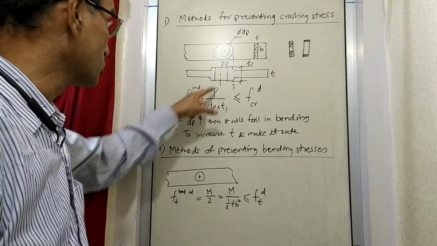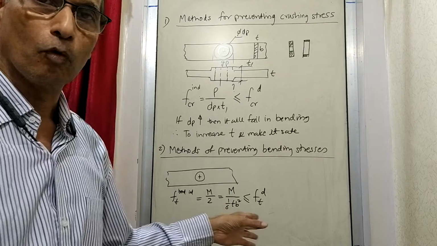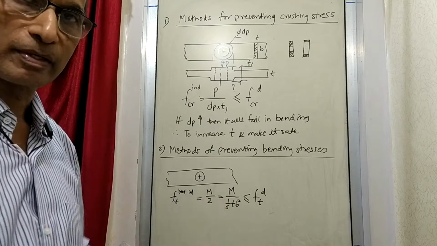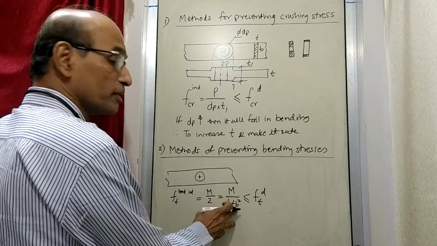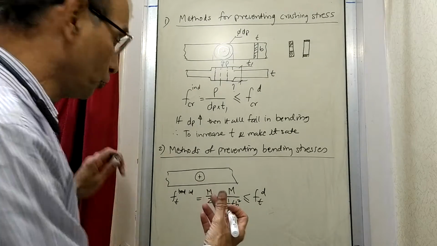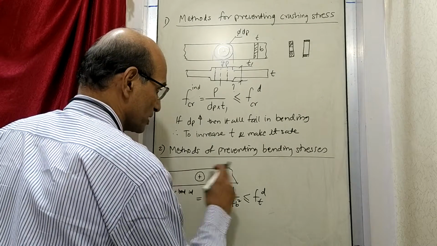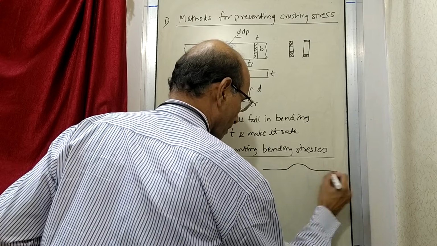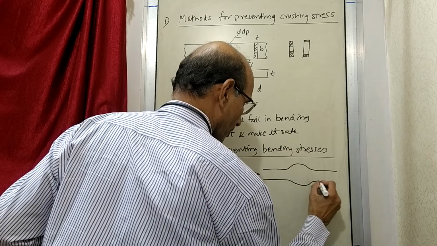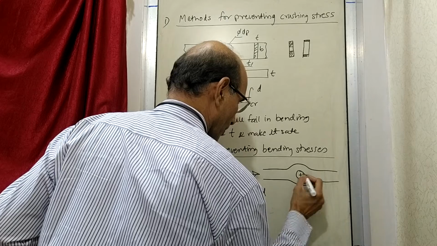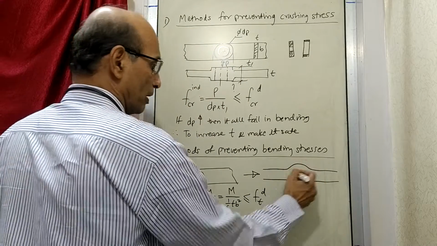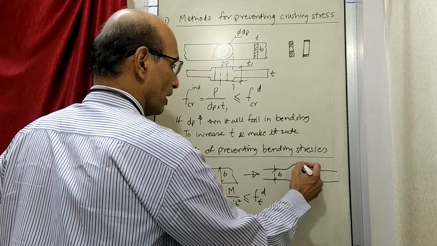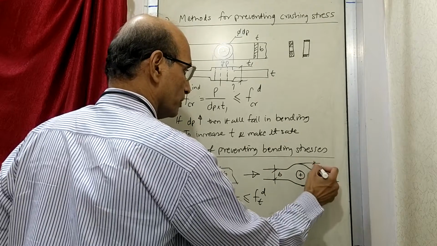So by increasing T also like this, you can increase the Z to some extent and reduce the stress to some extent. But the better way out is to increase the B instead of T. And how do you increase B is by making some changes. So I'll just show the changes here. So this diameter is still the same, but this B which was there, which is still here B, and here it is changed to some higher value B dash.